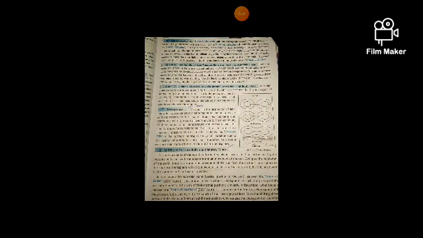I have changed the page so you can see what I am reading. So let's start from the horse latitude again. Horse latitude: in the subtropical high pressure belts, the air is calm, so these high pressure belts are known as subtropical calms. It is also frequently known as horse latitude.